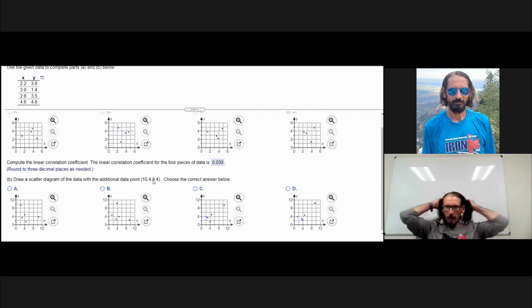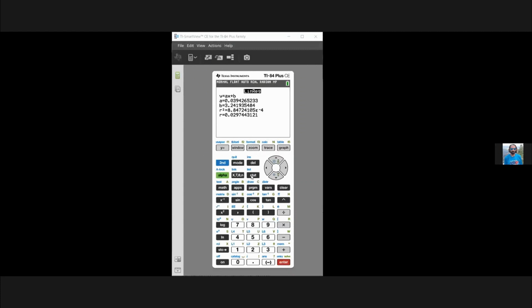They want us to tack in a new ordered pair. Notice that it's kind of hard to tell, but since R is positive in the previous part, it seems like if it was linear, that it would be increasing as we look left to right, so positive slope. Now if we put in this new ordered pair, and re-examine what the R value is, under the assumption that it is linear,